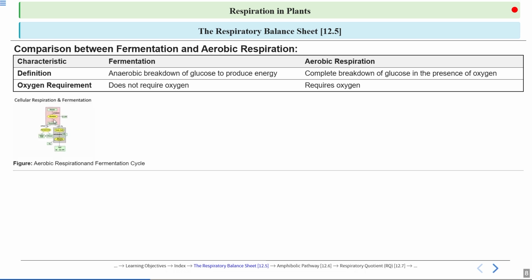So here in the image you can see there is incomplete oxidation of glucose first to produce pyruvic acid. This process of glycolysis is common to both fermentation and aerobic respiration. After this, in the presence of oxygen, aerobic respiration takes place, and in the absence of oxygen, fermentation takes place, which produces lactic acid or ethanol depending upon whether it is alcoholic fermentation or lactic acid fermentation. So here you can see in the diagram,